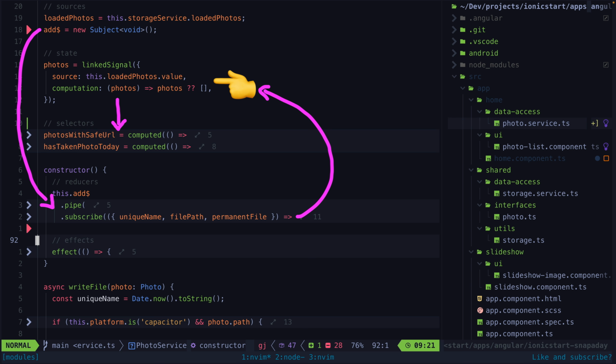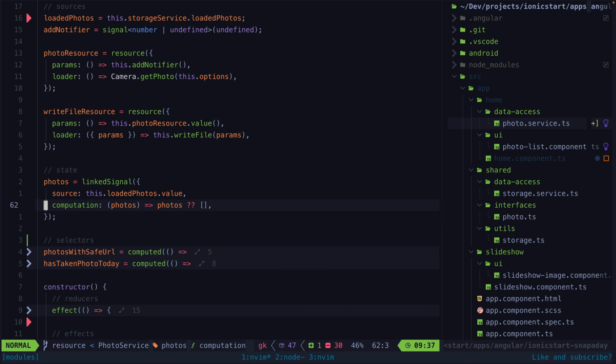The cool but also maybe dangerous thing is that we can actually achieve this flow purely with signals. We could replace our source and part of our reducer with this. Signals don't have the concept of a subject, and it wouldn't really make sense for it to because it's not trying to be an event management system. But we can achieve the same effect anyway. We can create a version signal that is just incremented by 1 every time we trigger an add. This causes the signal to change and anything that depends on it to update, just like it would with our subject. So we can use that signal in the params for our photo resource, and our photo resource is going